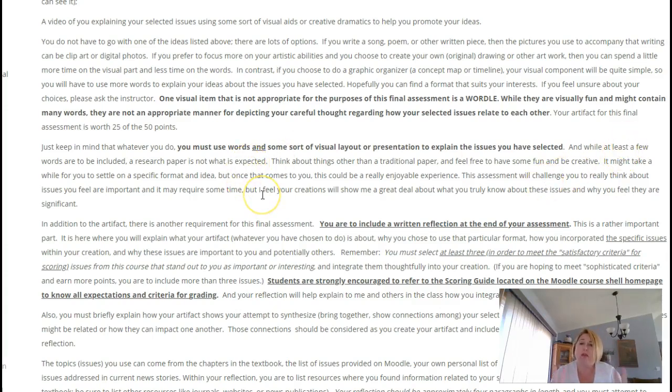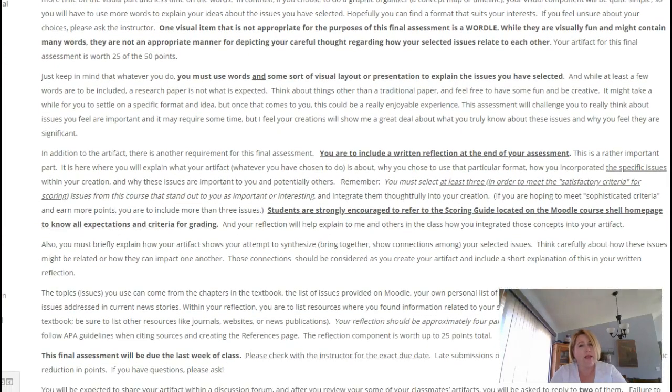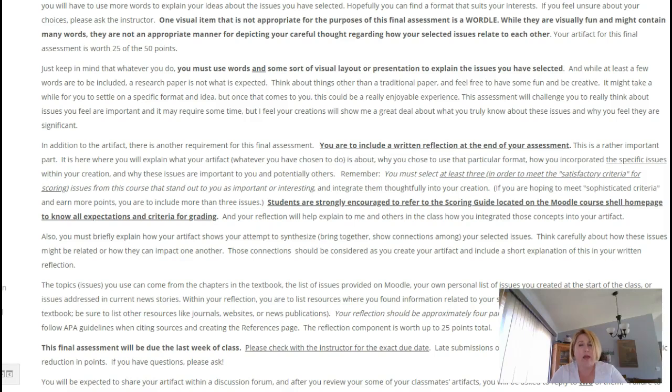So just keep in mind, you've got those two pieces to put together. It is not supposed to be a research paper, but you're really at liberty to have some fun and be creative. Keeping in mind on the written side, there will be some expectations about, of course, writing form and style and APA, and I'm going to take you through the rubric in just a second. But remember,